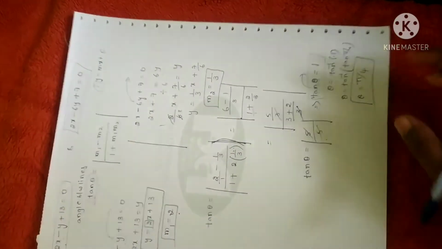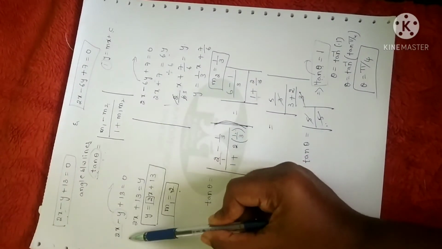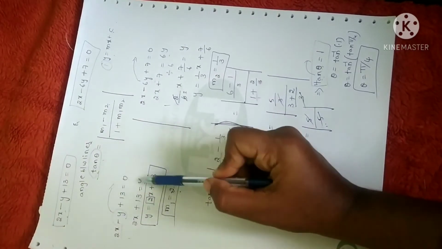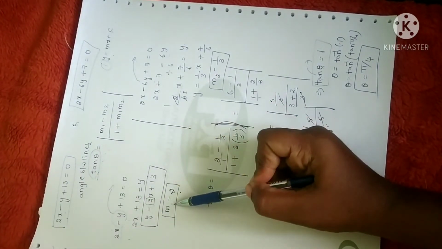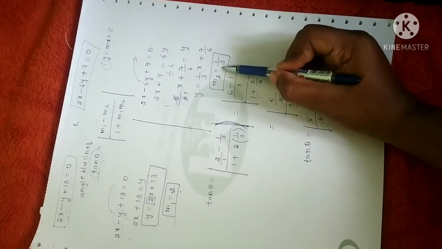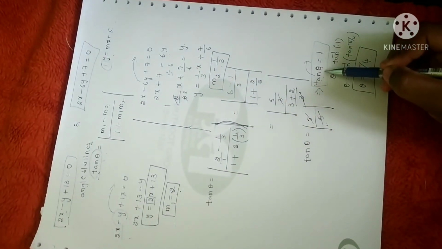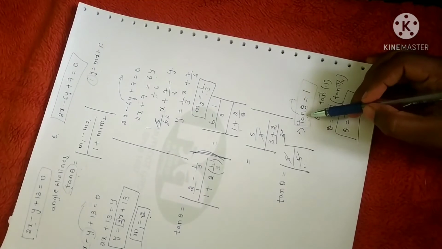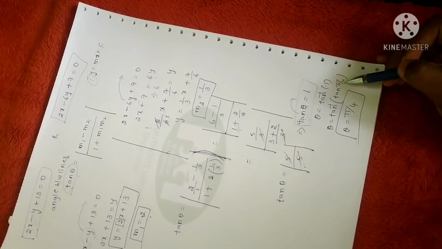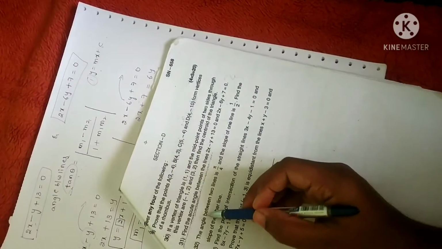Hope it is clear. The only thing is, write down the line equations as they are and convert them into standard form, that is y is equal to mx plus c. So shift the term, then the coefficient of x will become the slope. Do the same procedure for both the line equations. You will get m1 and m2. And write down the formula, substitute the same. Simplification will give you the value of tan theta. But we have to find the value of theta. Shift the tan, you will get tan inverse and write down the appropriate angle. Hope it is clear.